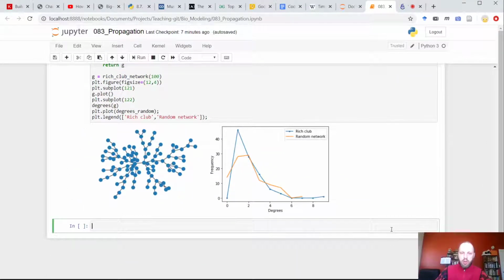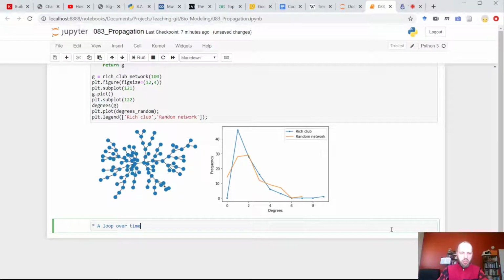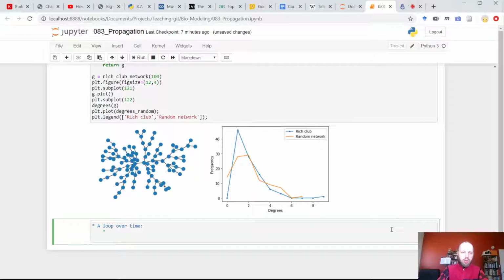So let's go here and try to sketch it. We'll have time. That's one thing. A loop over time. This is not even pseudocode, it's just logic. A loop over time. At each stage of the loop, what do we do? Infectious people can infect other people, right?